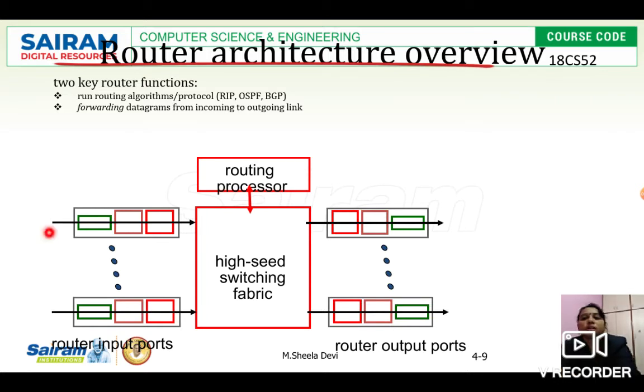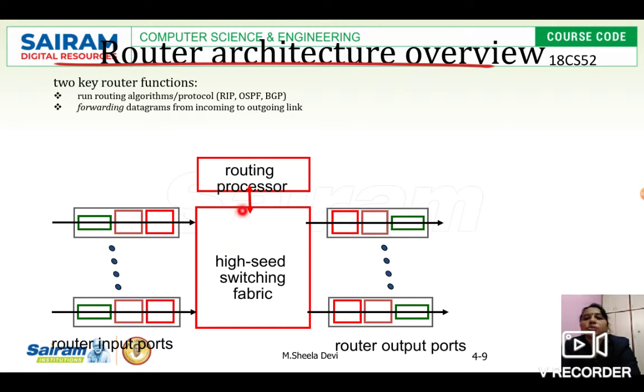This is the incoming link and this is the outgoing link. With the help of the forwarding table, it decides to which output link the packet should be forwarded out of all the existing output links.